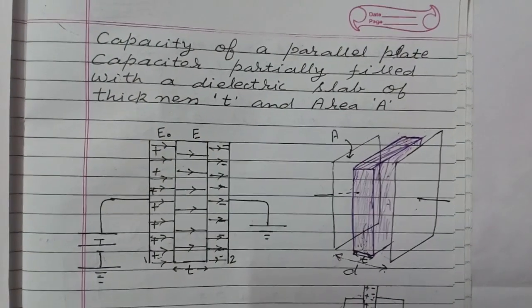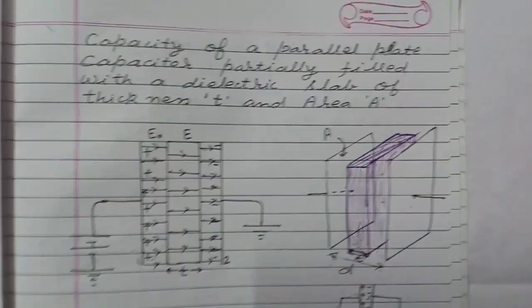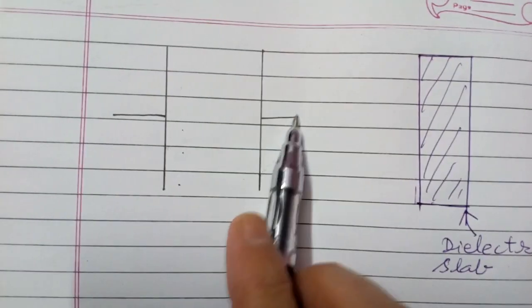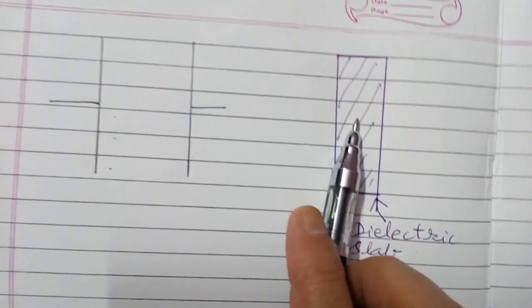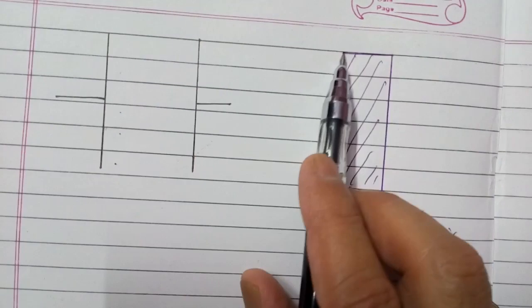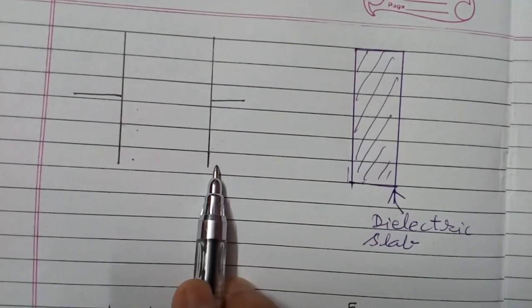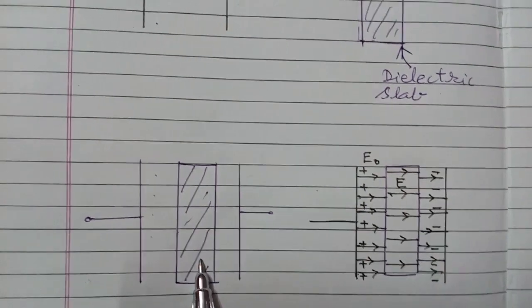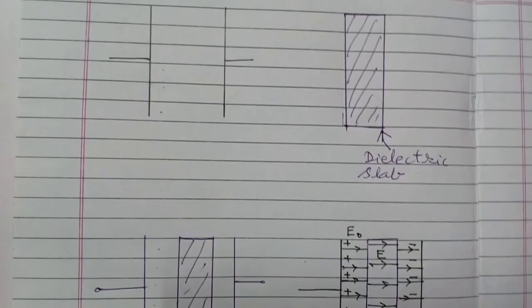Capacity of a parallel plate capacitor partially filled with a dielectric slab of thickness T and area A. Suppose this is a parallel plate capacitor and this is a dielectric slab of thickness T. Area of dielectric slab is equal to area of plates of capacitor. Now if we keep this dielectric slab inside this capacitor like this, then what will be capacity of this partially